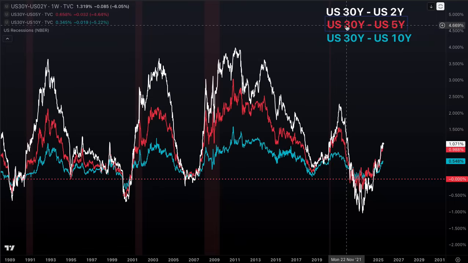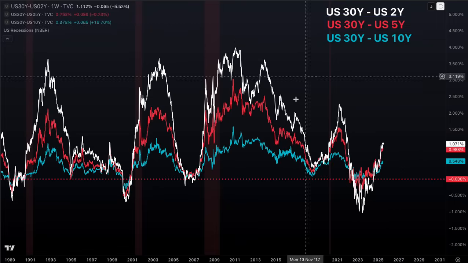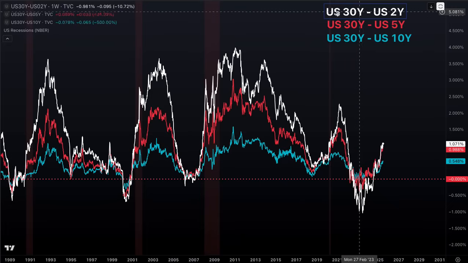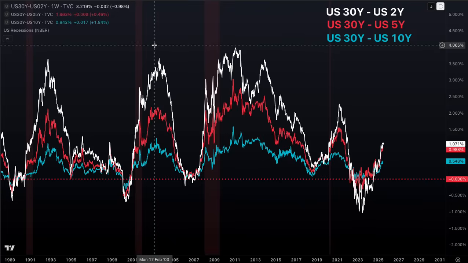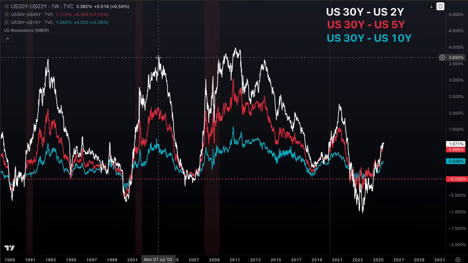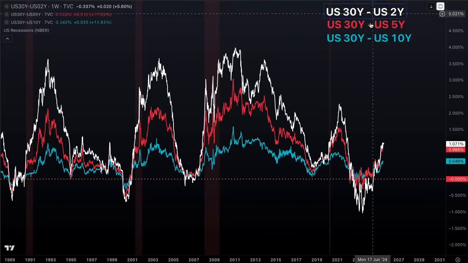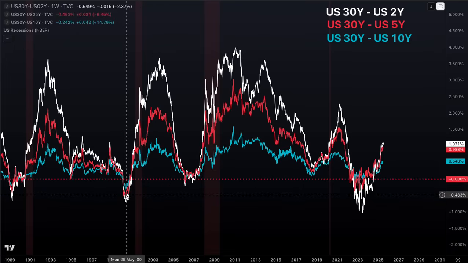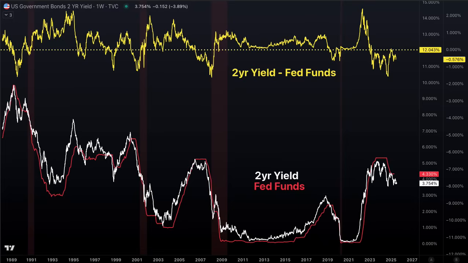The 30-year yield minus the 5-year yield, which is slightly shorter maturity, you can see it moves more dramatically, right? But what really moves is the 30-year minus the 2-year. Hopefully, this is a good way to really illustrate that it is the shorter maturities that move very rapidly and cause the yield curve to invert and then uninvert.